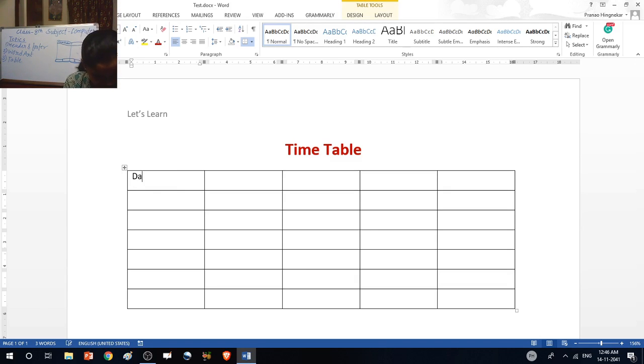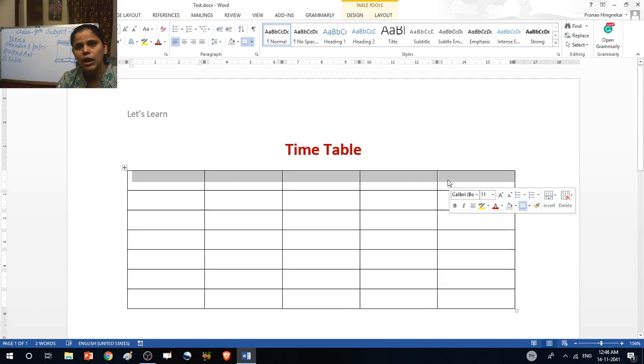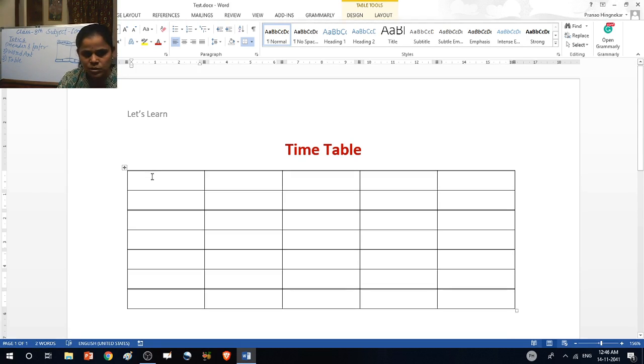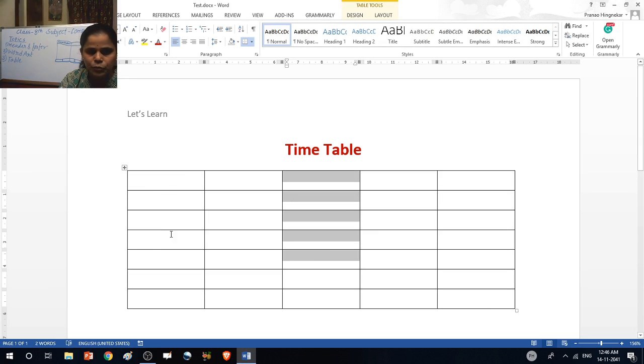Days, or just leave this cell. One thing again, these horizontal lines are rows, these vertical are columns, 1, 2, 3, 4 and 5 columns, and 1, 2, 3, 4, 5, 6, 7 rows, and individually, this is a cell.